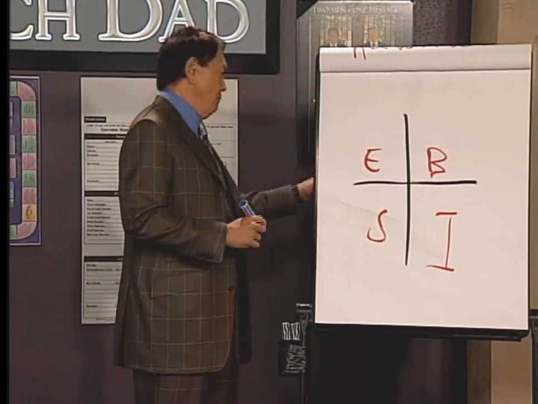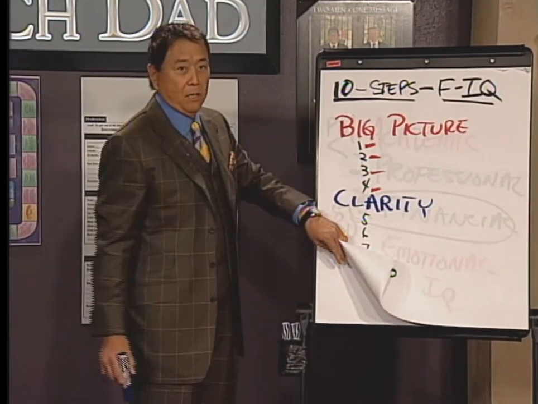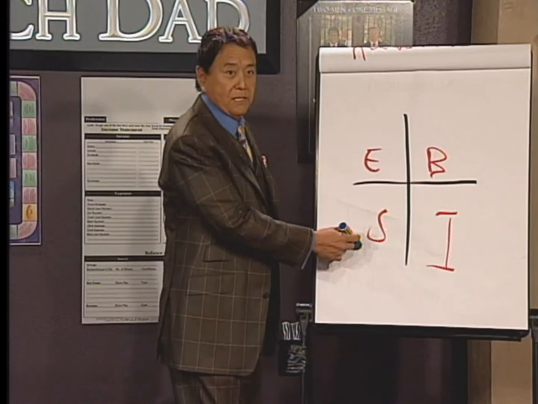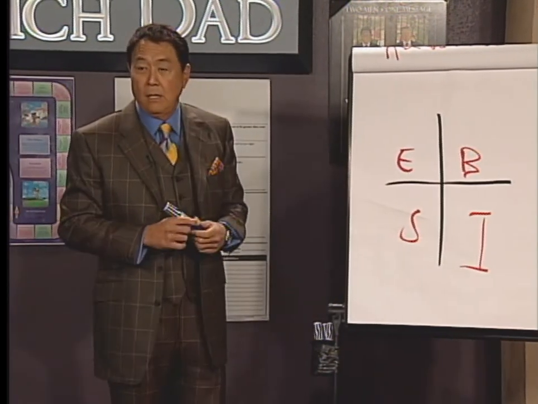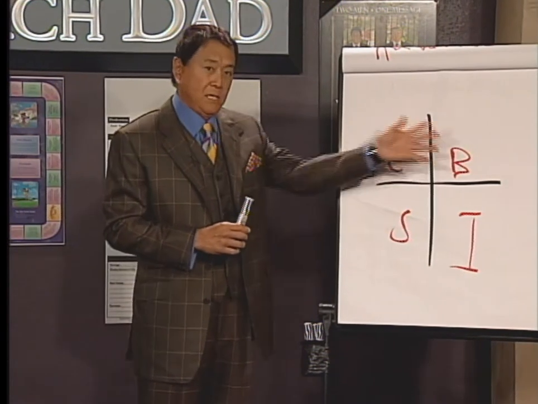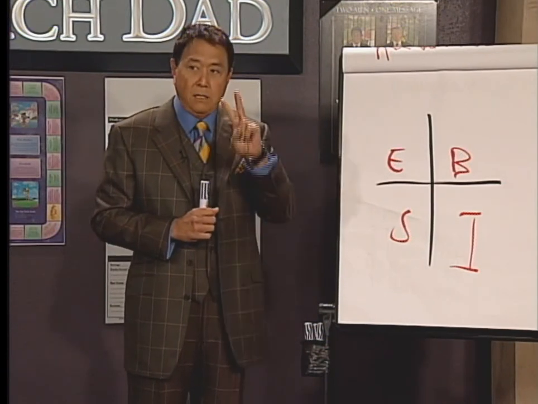So the clarity part, when you look at this here, when I was about 9 or 10, somewhere along the line, I was clear on what I was going to do. I wasn't going to be on this side. I was going to be on this side here. Does that make sense to you guys here? Yes. And so one of the programs for the Rich Dad company is, it's not that one side is right or wrong. All we're saying today is that today you need at least 2